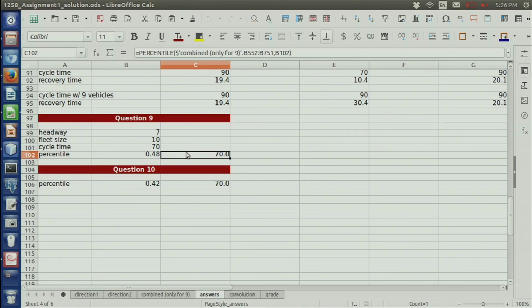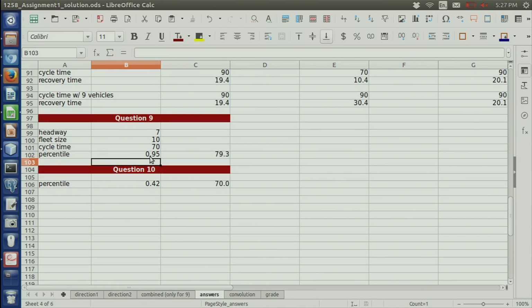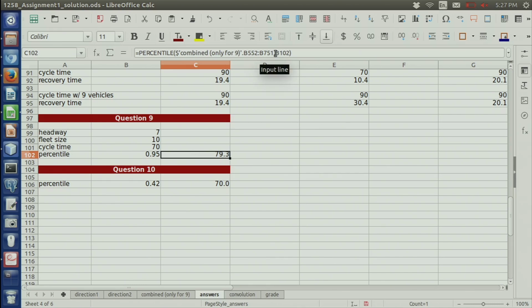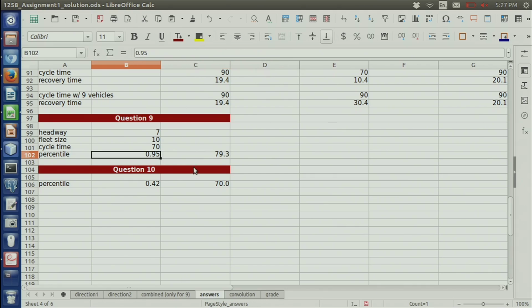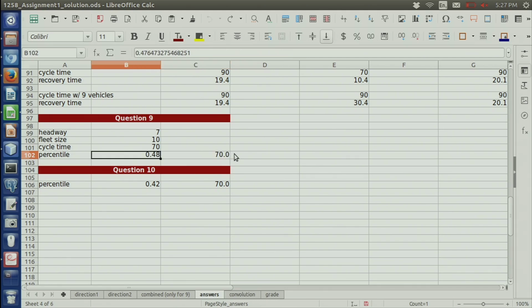So I said, calculate the percentile of whatever percentile I give you here, right? Initially I set it to, I don't know, maybe 95, and it gave me the percentile. This percentile is running on the AM peak data on spreadsheet 9. And then I said change that percentile such that this cell equals 70. And it solved it, and it gave